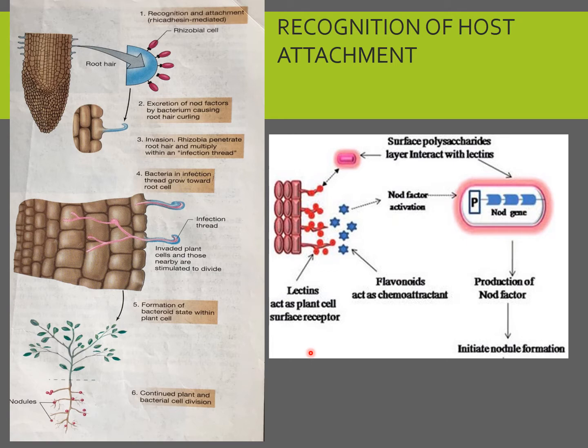Now these molecules, whether it is lectin or trifolin, have a common site for both the host plant and for the capsular polysaccharide which is found on the surface of the bacterium. So they act as a bridge, or you can see over here, they act as a common factor for binding of the bacteria. The bacteria which are present will come, the surface polysaccharides of the bacteria will interact with the lectin that is released by the plant root, and now this lectin has a common surface receptor, or a common site for attachment of both the host, that is the plant,